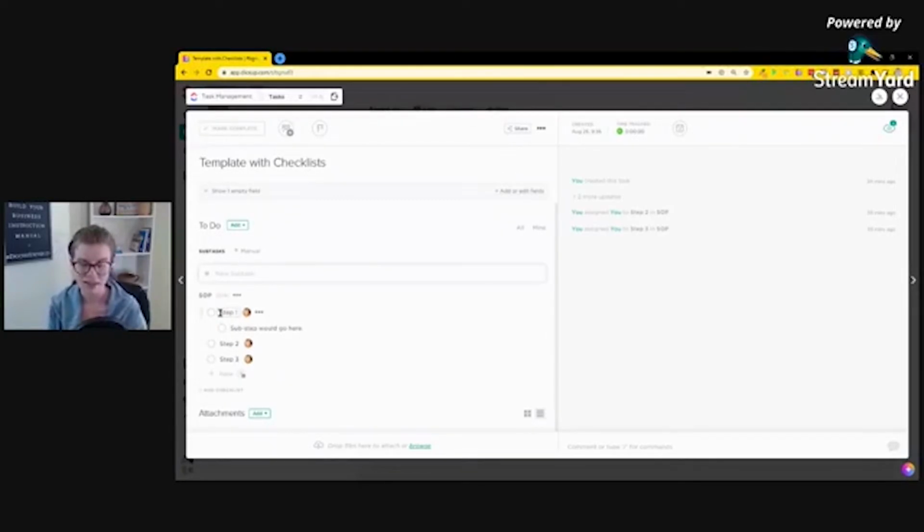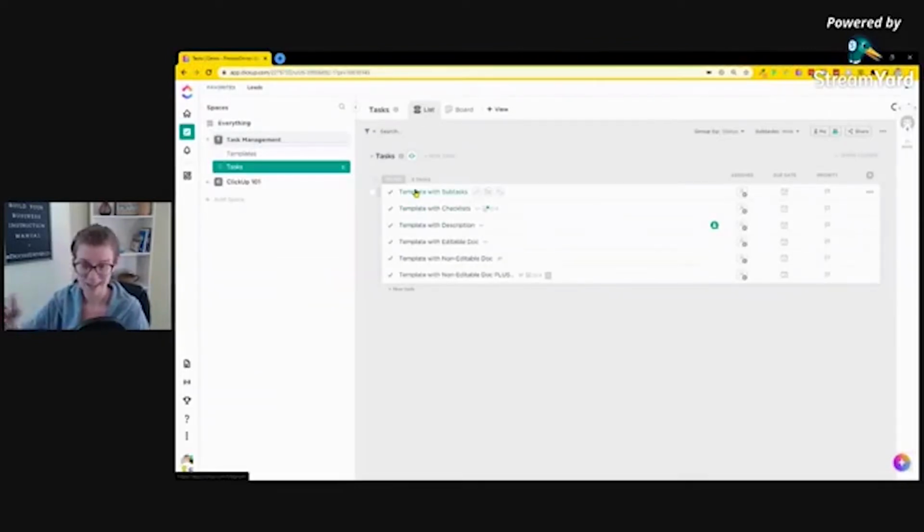What's nice about using a checklist is when you reset the task, the checklist resets. They're not separate entities with separate stuff. They don't have the custom fields that tasks do. They're just simpler. I would say between checklists and subtasks, there is one main limit when it comes to checklists,